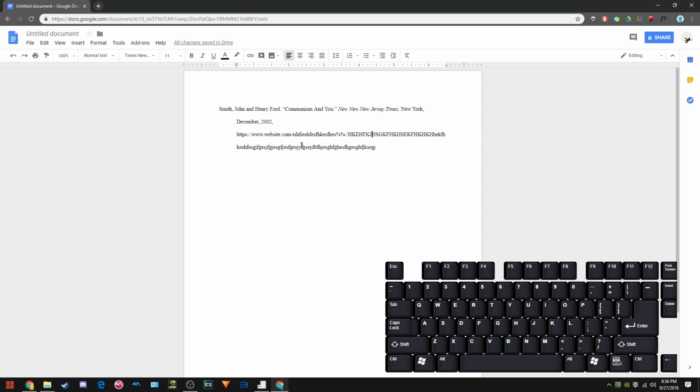Google Docs, I believe, does not have a text wrap function, which sucks because you need to wrap the text. The first part of your website needs to go up here. The text needs to wrap like that. So